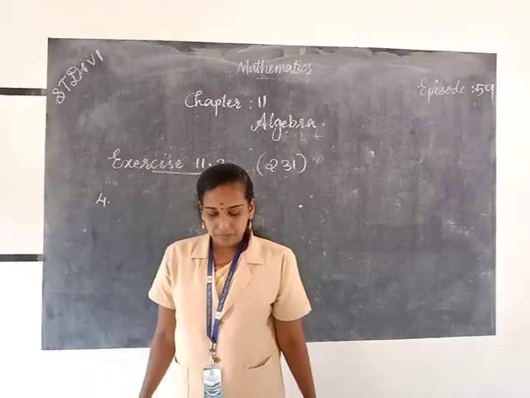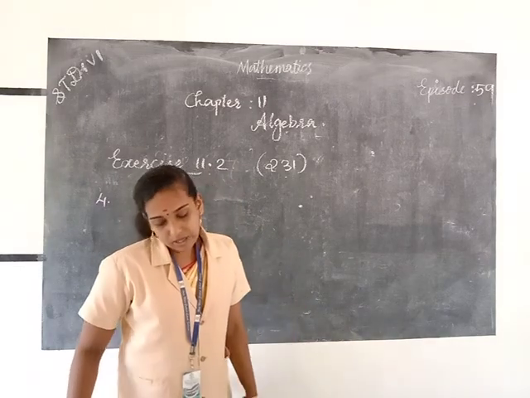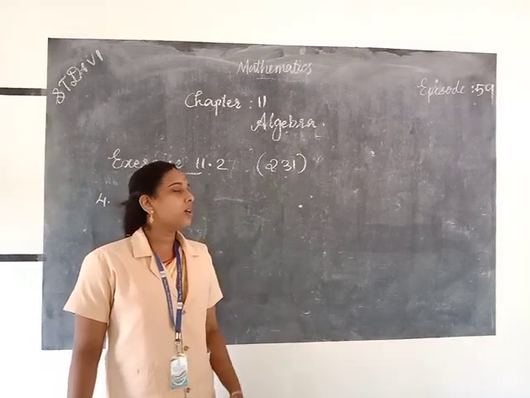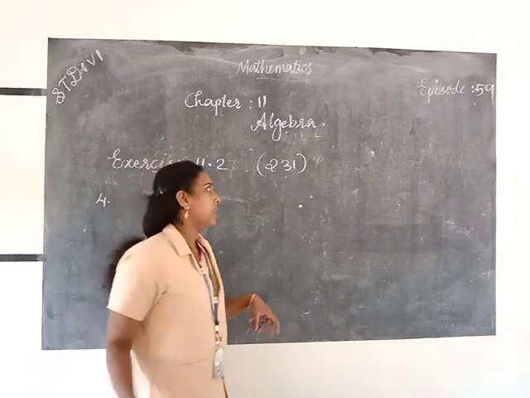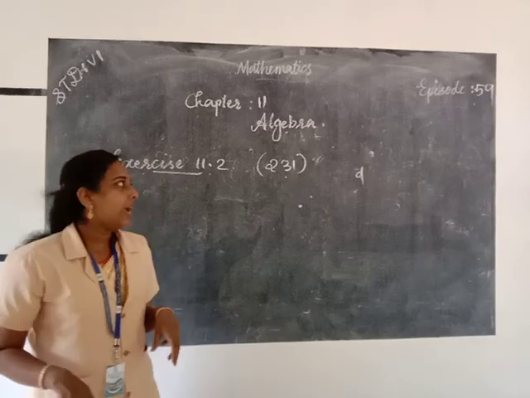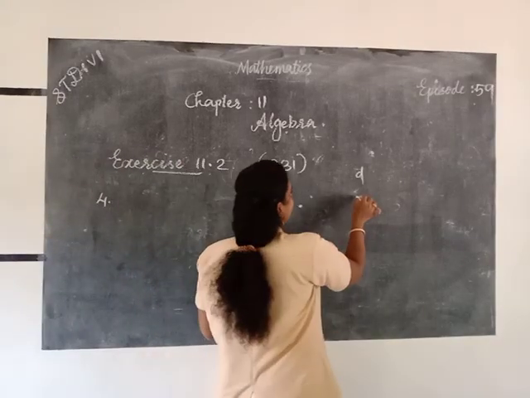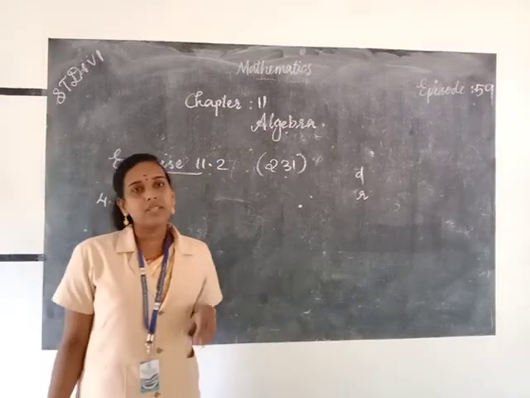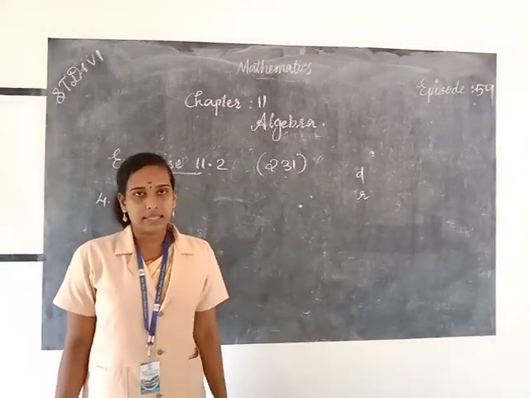Express the diameter of the circle D in terms of its radius R. Here we want to express the diameter D. D is the variable which denotes the diameter, and we want to represent it in terms of the radius R. R is the variable which denotes the radius of the circle.